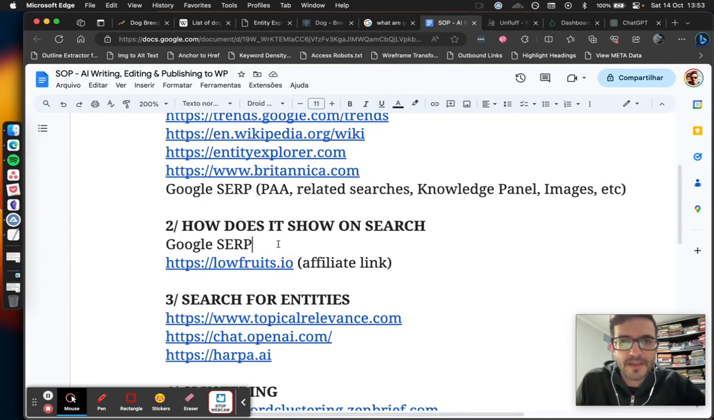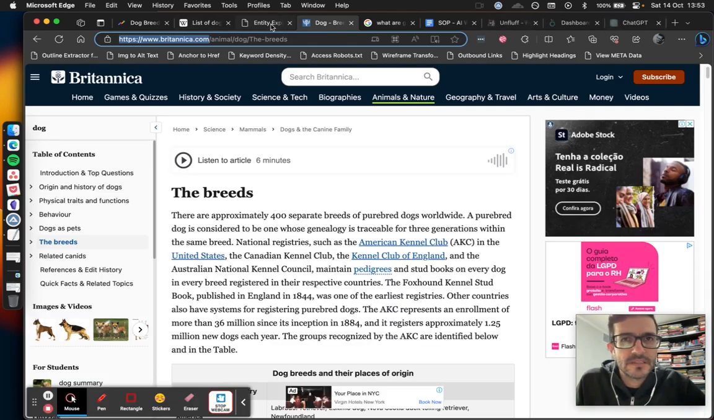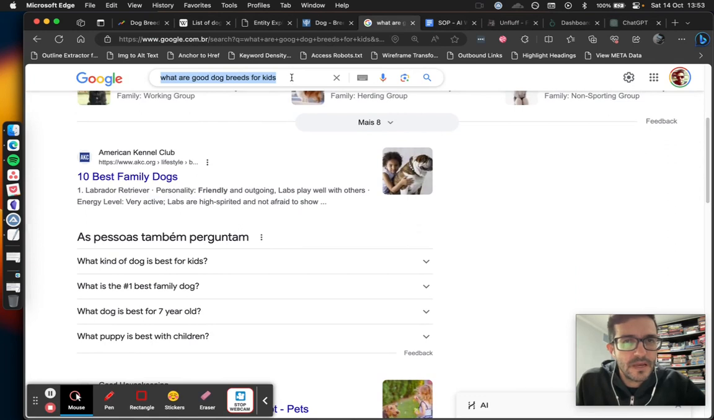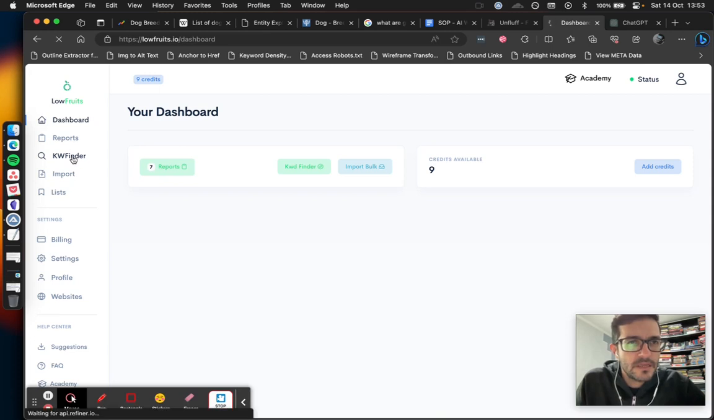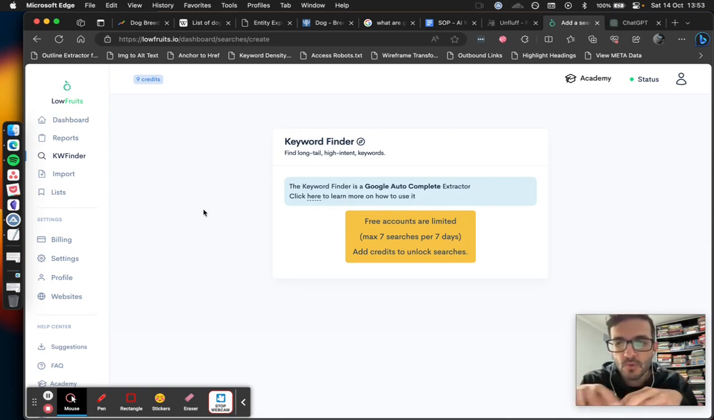Okay, I'm stepping ahead. Before writing, what we do is get this search query and put it into Low Fruits. It's a free tool, and for free you can do 7 searches per week, but if you want to play,